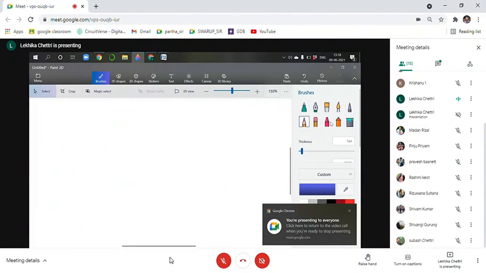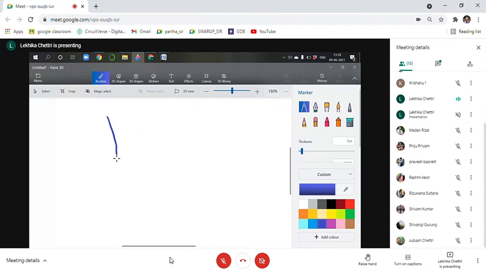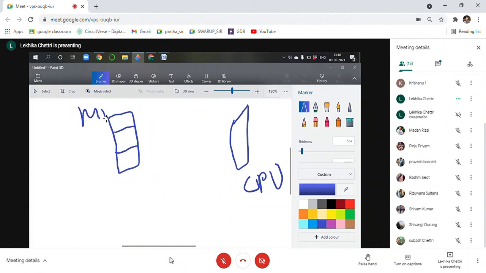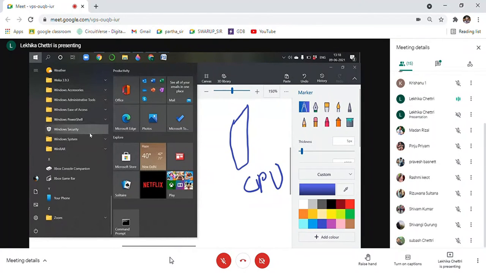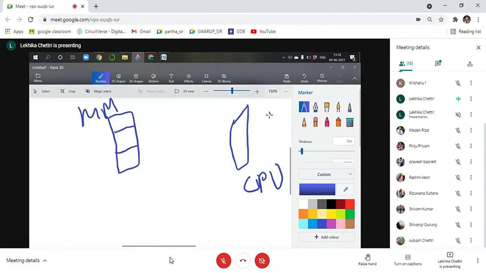Okay, so this is your main memory. This is your CPU. Let's say this is our computer. Here there are so many processes, so many programs, right? But all the programs are not processes. For example, if you check my list, these are all the applications, but these are just applications or programs. These are not processes right now. In the main memory, what all processes are there?